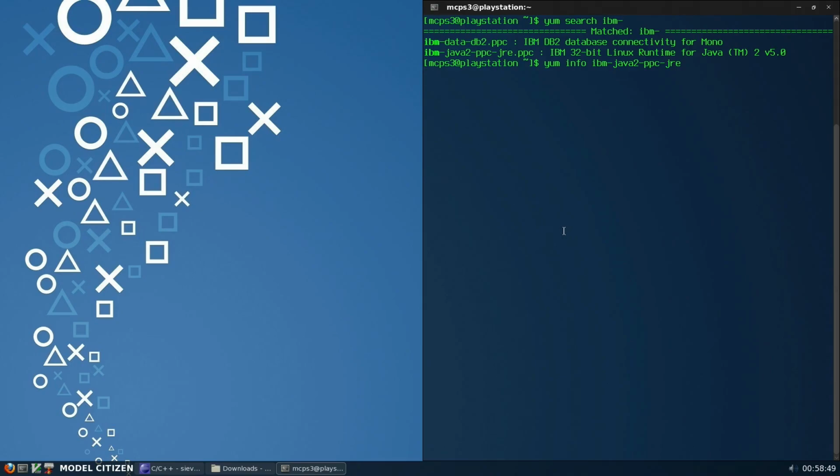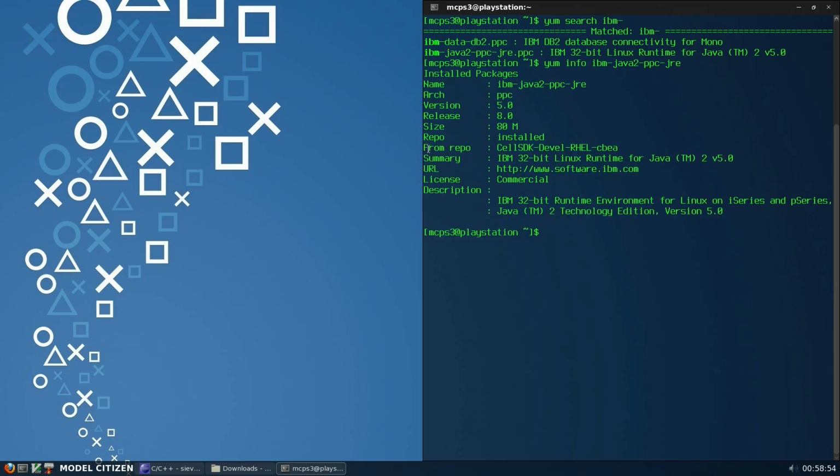And I can tell you exactly which repository it's in. Here it is, from repo Cell SDK devel rel cbea. Yeah, that's where you can find the Java machine that you're going to want to use to run Eclipse. Now, after you install this package, this IBM Java machine package,